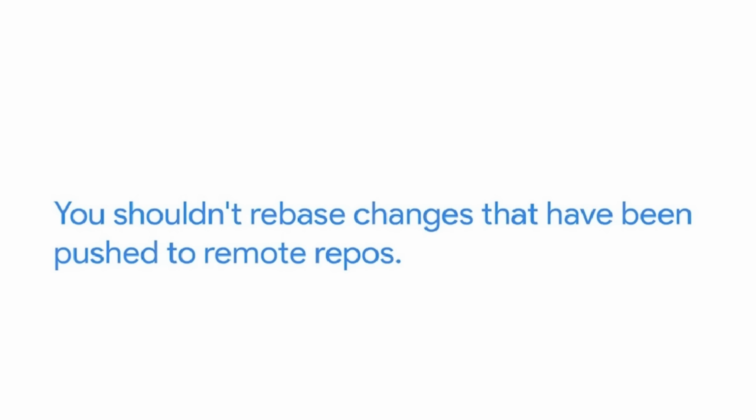Whenever we do a rebase, we're rewriting the history of our branch. The old commits get replaced with new commits, so they'll be based on different snapshots than the ones we had before, and they'll have completely different hash sums. This works fine for local changes, but can cause a lot of trouble for changes that have been published and downloaded by other collaborators. So as a general rule, you shouldn't rebase changes that have been pushed to remote repos.